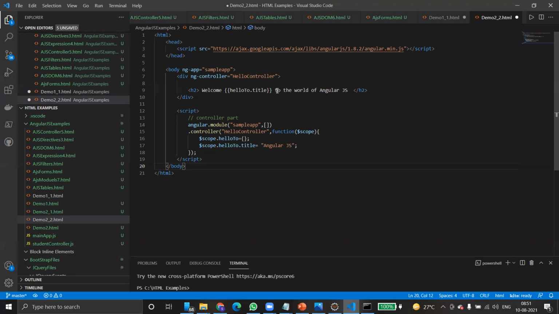So AngularJS first searches for all the apps. Yes, the app is there. Then does it have any connected controllers? Yes, it has a connected controller. Then execute the controller function. AngularJS simply executes the controller function. Then after executing the controller function, it renders the view. It renders the view with the data from the model populated by the controller. Okay, that's how it works.